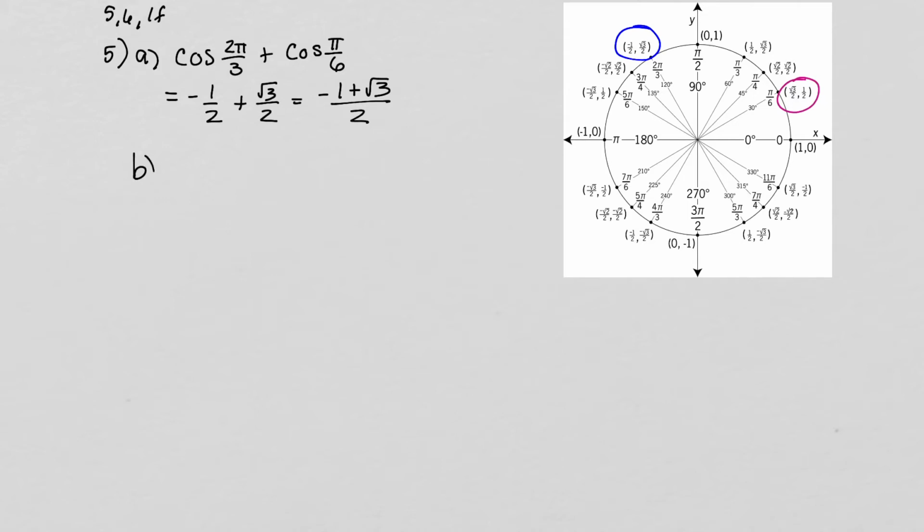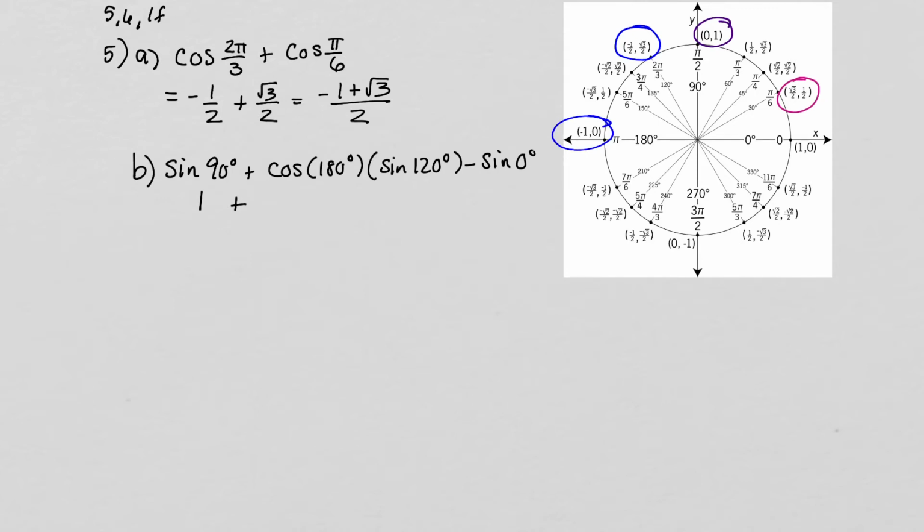So B is a similar thing, right? So sine 90 degrees plus cosine of 180 degrees times the sine of 120 degrees minus the sine of 0 degrees. So again, we're just going to pick these off, right? So the first one, sine of 90 degrees. 90 degrees is there, and sine is y, so it's going to be 1. So 1 plus cosine of 180 degrees. So here we are for 180 degrees. The cosine is the x, so it's a -1. So 1 plus -1 times